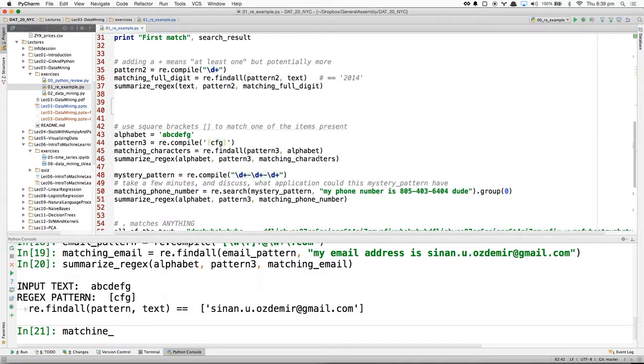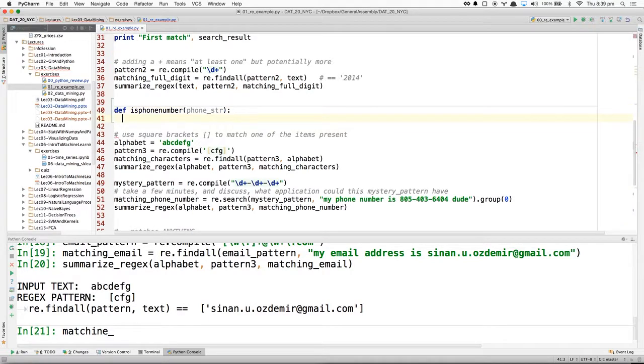I could basically create a function saying def is_phone_number, and let's say I pass a string into this.